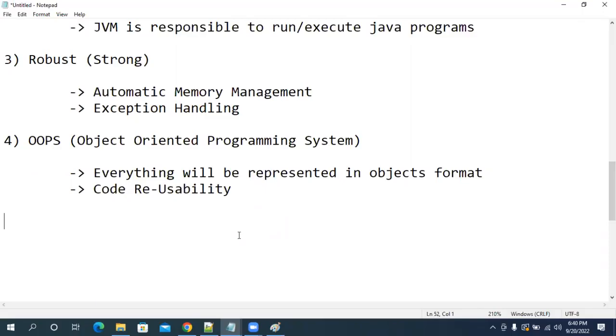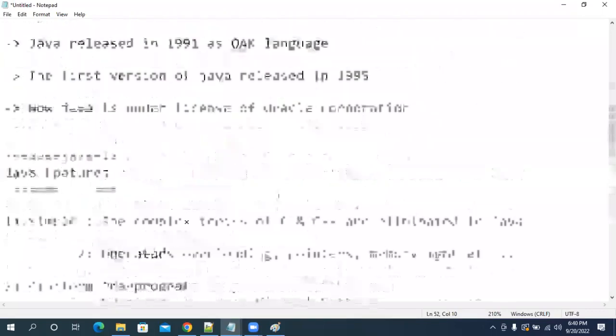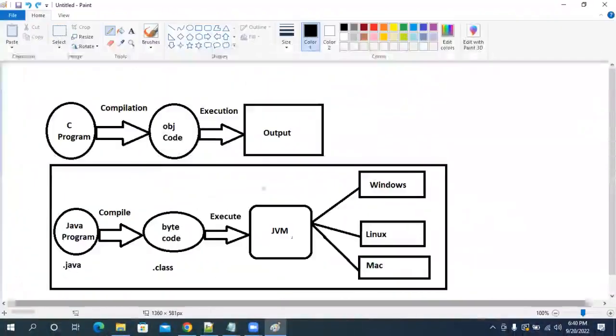All right. Next one. What is another feature of Java? People will say that Java is secure. Viruses cannot affect our Java programs. Are you getting my point? C language programs are not secure. Virus can affect and maliciously modify the generated code. Antivirus software we install to secure our systems.